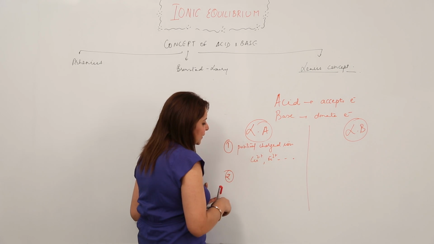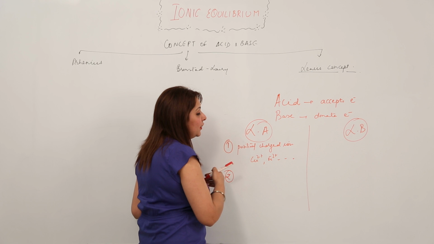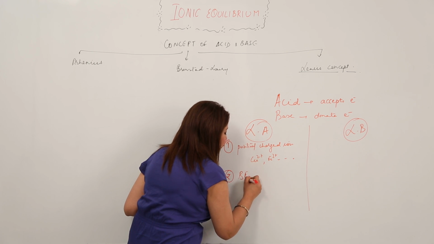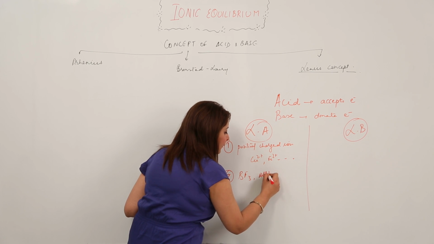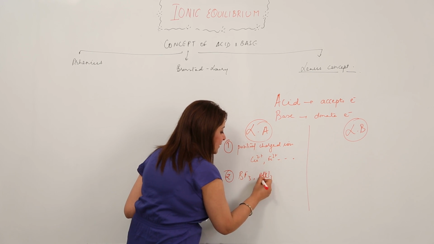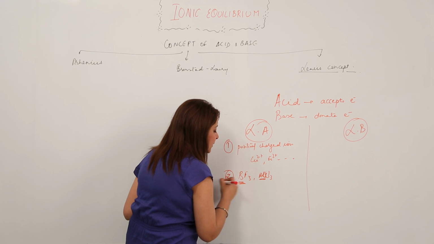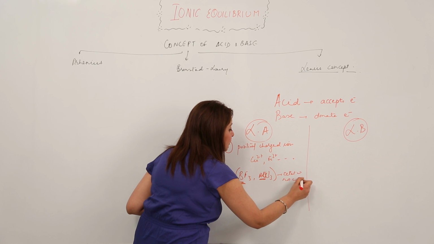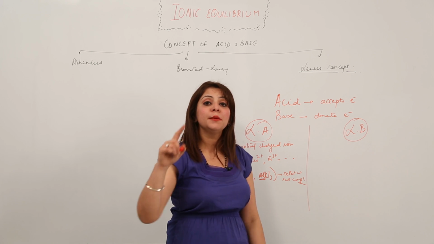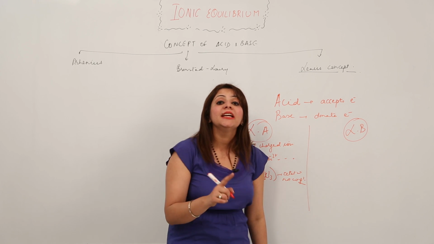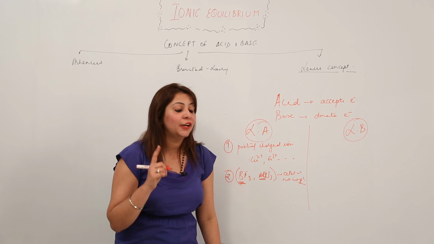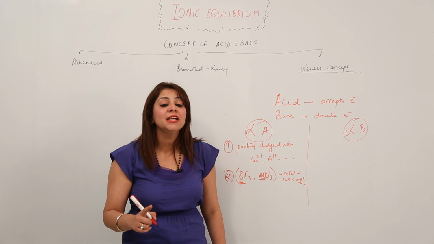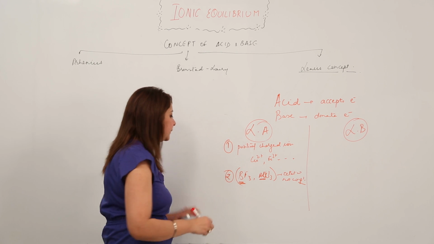Moreover, who can act as Lewis acid? Those which are in serious search of electrons. We have certain molecules like BF3, AlCl3. What do they have? Actually, in this the aluminium is the central atom, in this boron is the central atom. Their octet is not complete. So the molecules whose octet is not complete and which need an electron can act as Lewis acid. That means the molecules whose octet is not complete can act as Lewis acid.